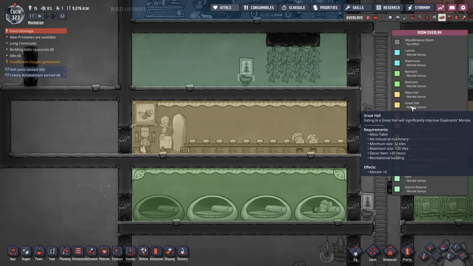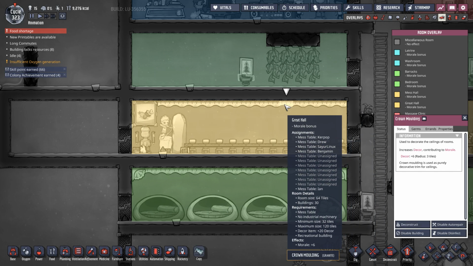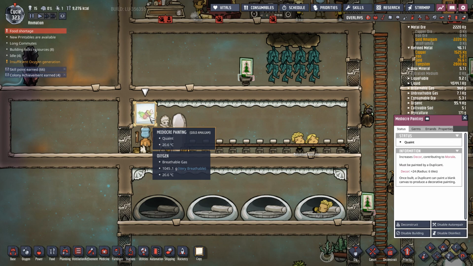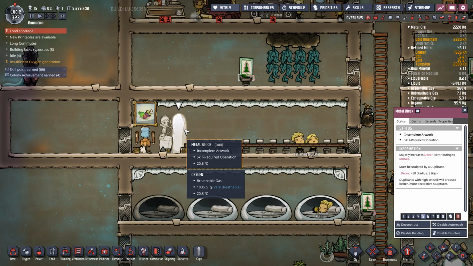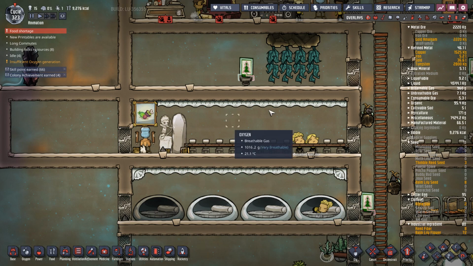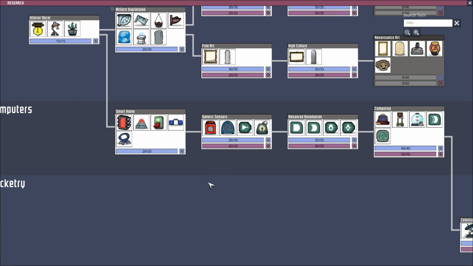It does require a recreational building and a decor item plus 20 decor. So I've put in the crown molding. The crown molding has a decor of +6. It's not going to get us over the line. I've also put in 2 bits of artwork and a metal block, because these are basically your 3 options to get to that higher decor. If we go to our research tree...